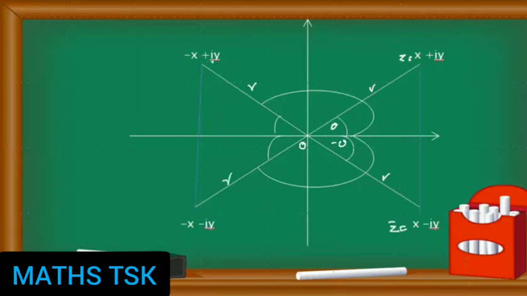This is minus x plus iy. This is minus x minus iy. Second quadrant, third quadrant, fourth quadrant. So if it is theta, this is also theta. But from here, it is pi minus theta. Here, it is minus pi. When you come like this, it is minus pi. 0 to minus pi. There is 0 degrees. There is minus pi. There is pi by 2. When you come like this, it is minus pi by 2.